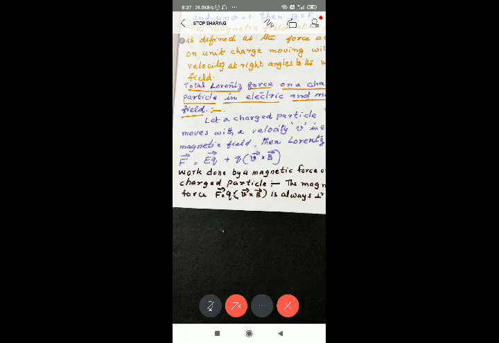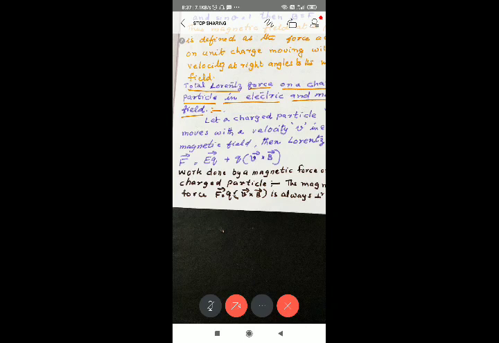Is the velocity changing when a body moves with a constant velocity along a circular path? That is a circular motion. Velocity's magnitude is not changing. Then what is changing? Direction. Each instant direction of motion is changing. So when a body moves in a circular path, force is acting towards its center. Motion is along the tangent. When we draw a tangent, that will represent the direction of motion of the body. So angle between F and V is 90 degree.